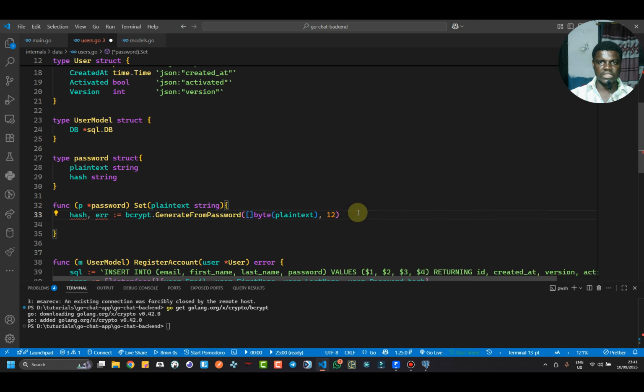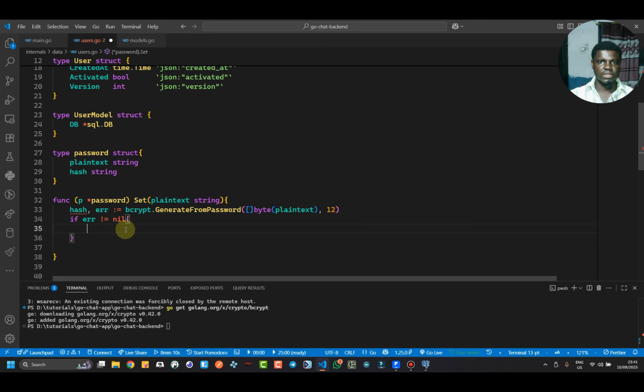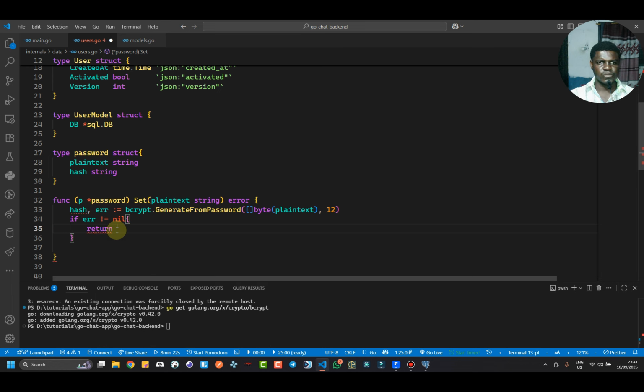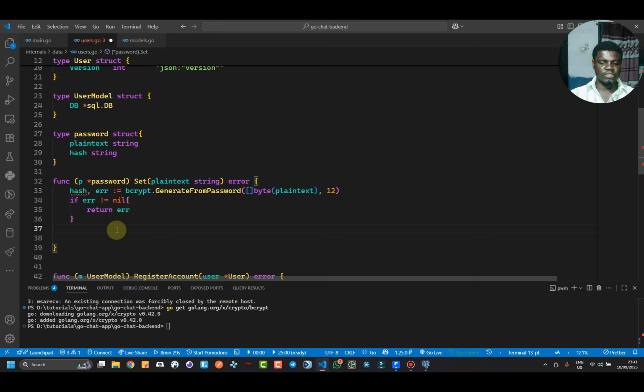You can give it, take the error. So we will check if the error is not equal to nil, then here let's return error from here. We are going to return error, that error over there. And if it went on successfully, then the p dot hash is going to be equal to the hash,